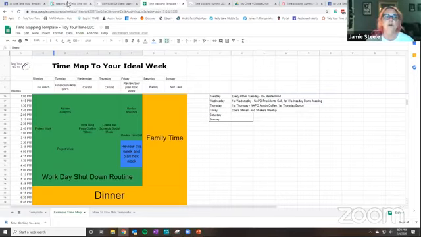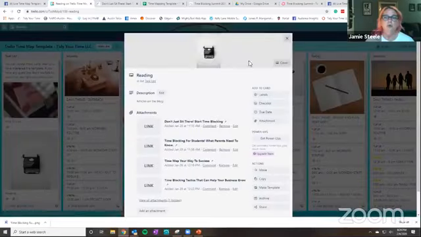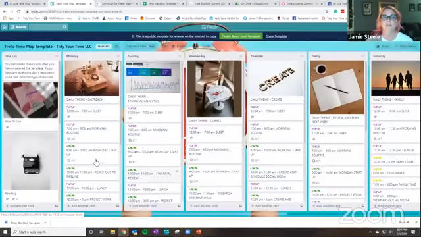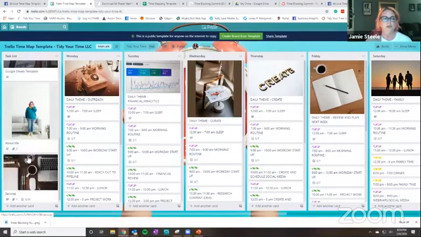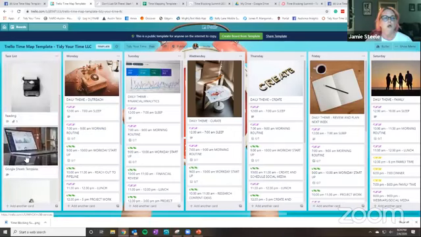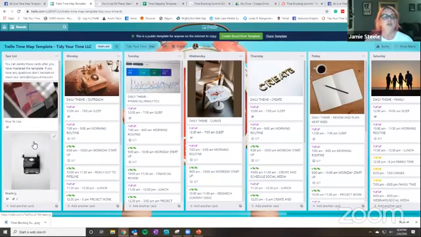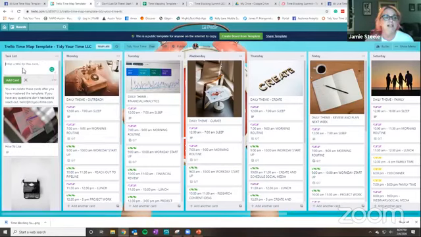So the next thing we're going to go over is the Trello template I created. And what I did was I have a task list, which with the template, there's some extra reading, some stuff about me, what services I offer. You can feel free to delete those if you want, but what this area is for is to really create your task list. So you would have task number